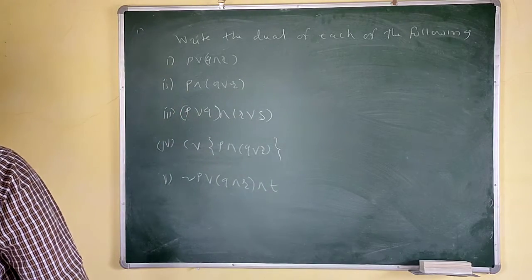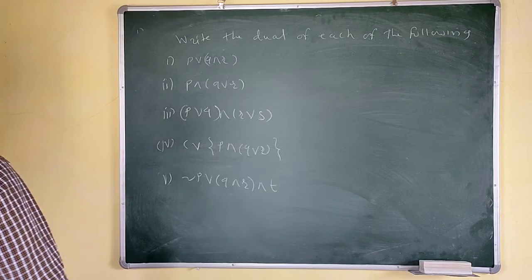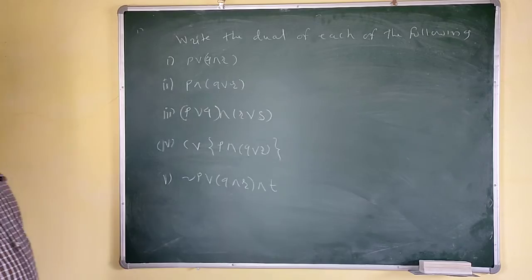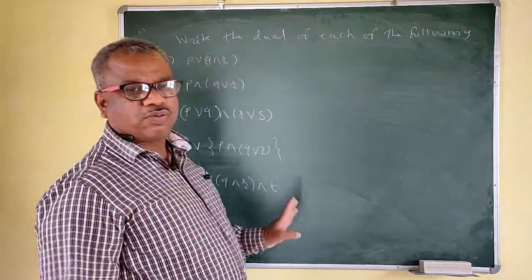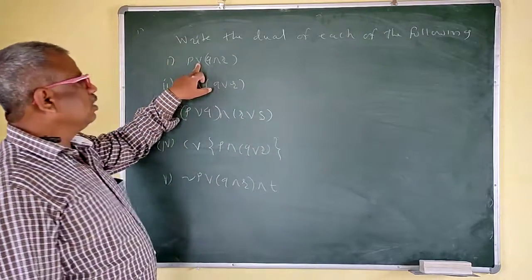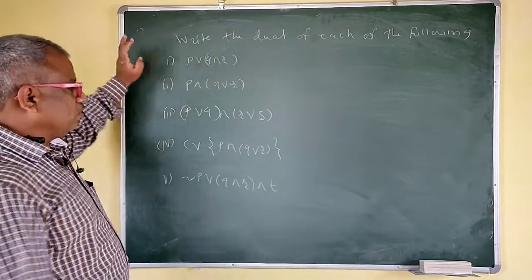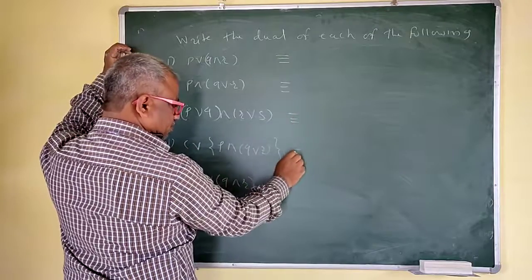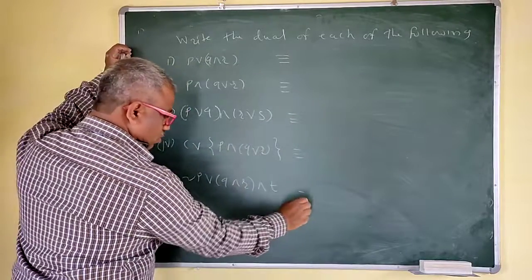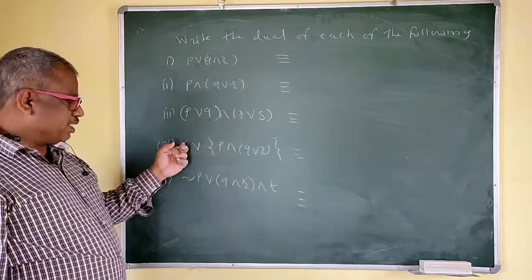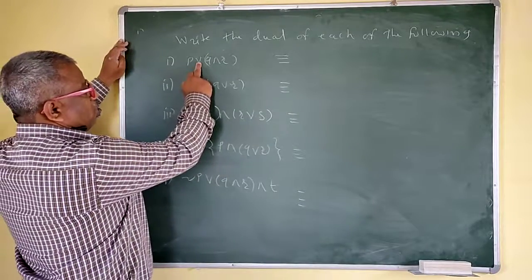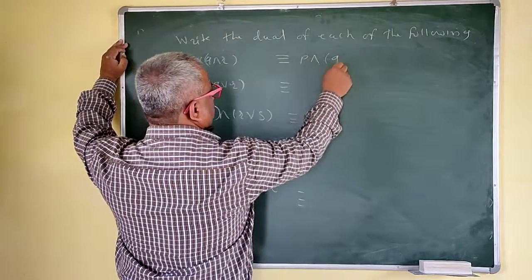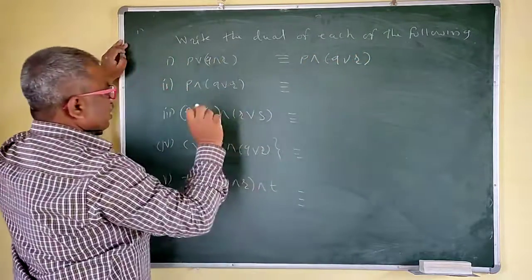Suppose we have this, right? Whatever this is, we have to write a dual of this one. To write a dual, what do we have to do? Only we have to change this. Write this or as and, and as or. Nothing else to do. This is very simple. If C is there, replace that by T. We'll replace or by and, and and by or. So what is the dual of this one then? P or R. Right? This is very simple.